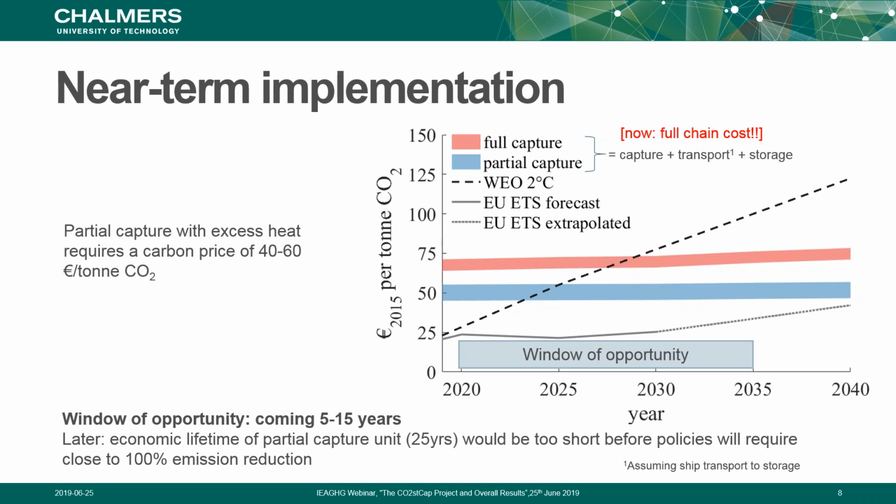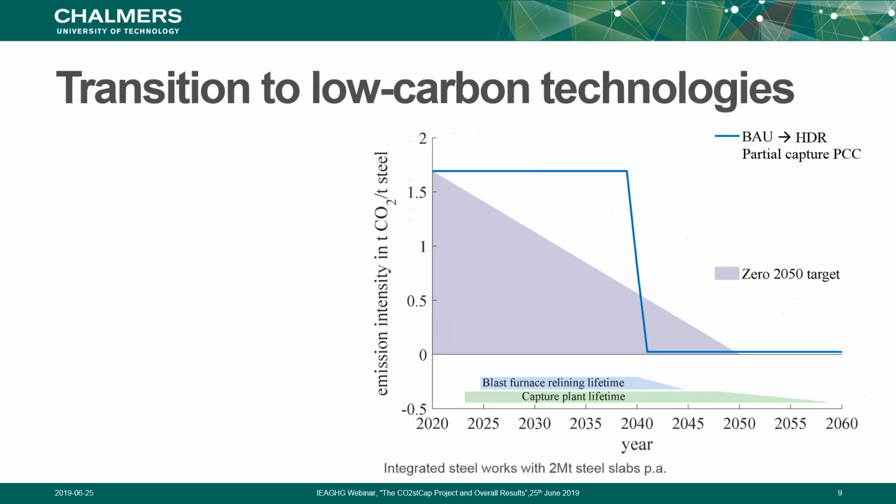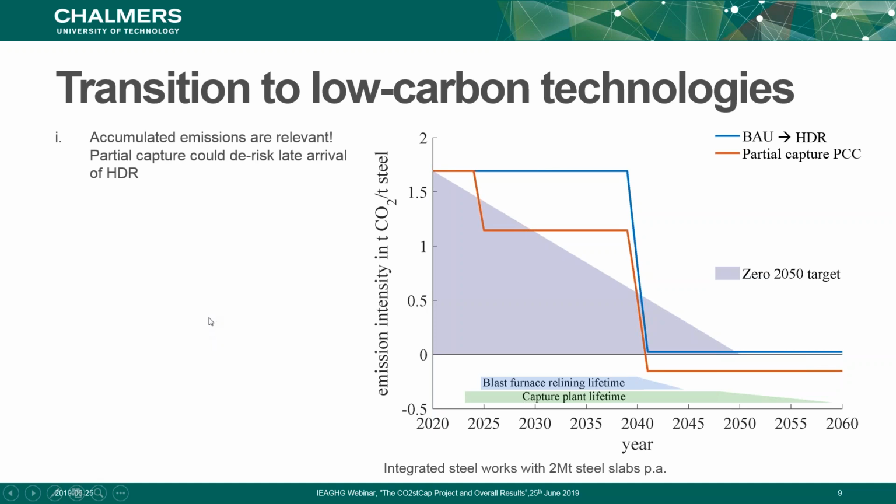That would be too short before we would need 100% emission reduction with either full capture or with other low carbon technologies. Now, if we look at the question I had in the beginning, how does CCS fit into the picture when the steelmakers are already talking about this hydrogen direct reduction, going from business as usual down to hydrogen direct reduction? Well, if we put in the red curve now, which is partial capture, we see that 80 million